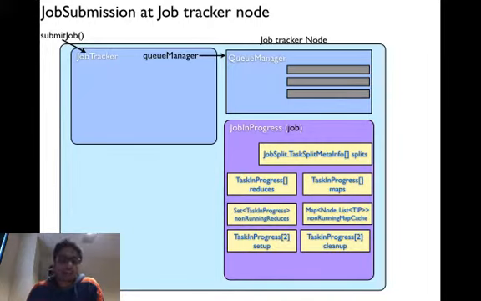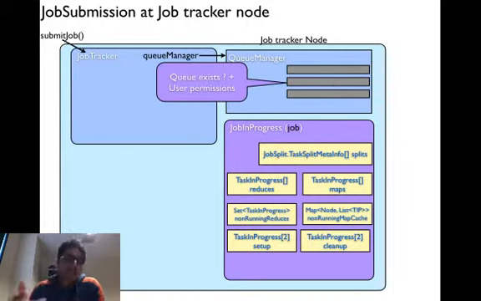Once a job in progress is done initializing by the job tracker, you go and add it into the queue. Before adding a job inside a queue, you first ask whether the queue for that job exists inside the queue manager. If it does, then you check whether the user has appropriate permission to access that queue, because in the MapReduce cluster, you might have multiple users and multiple jobs running.